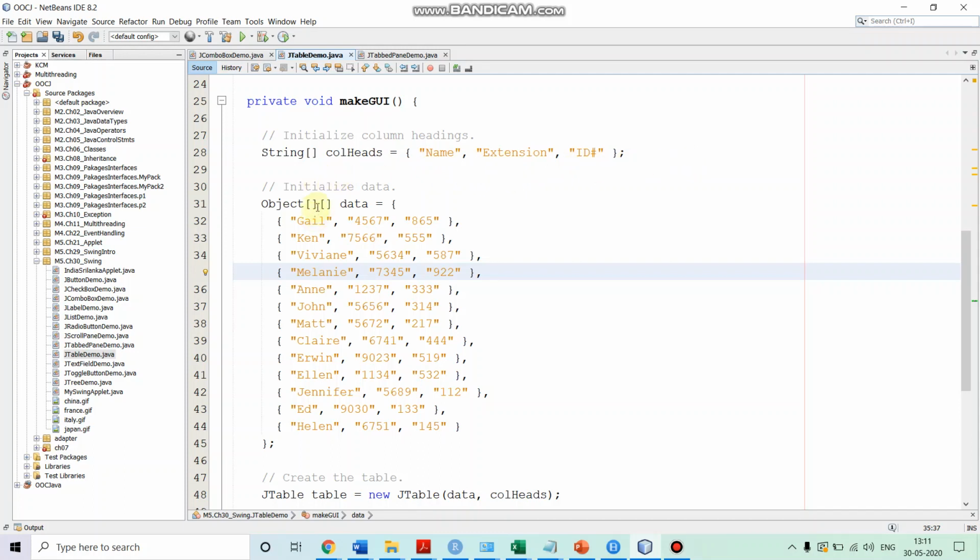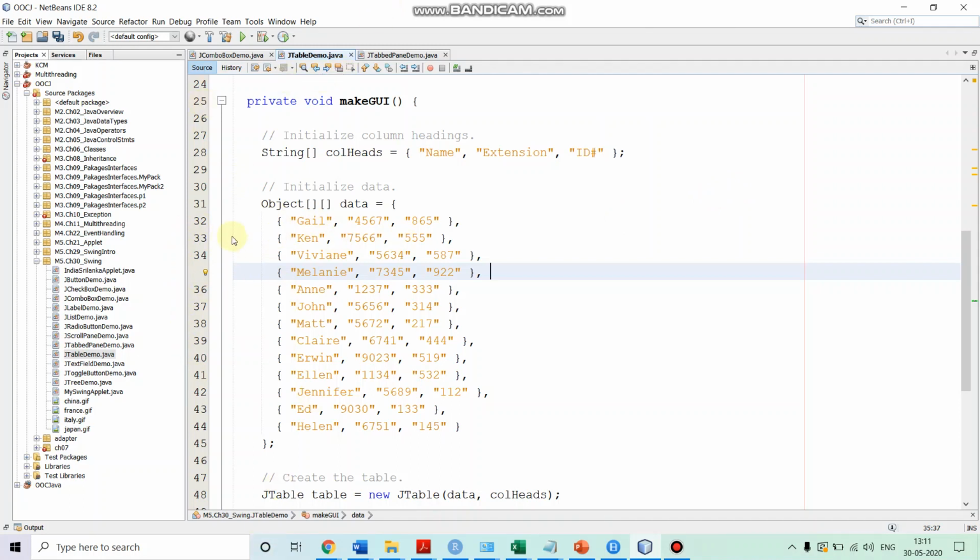After that we specify a two-dimensional array named data, and in this we are storing strings for the various entries.